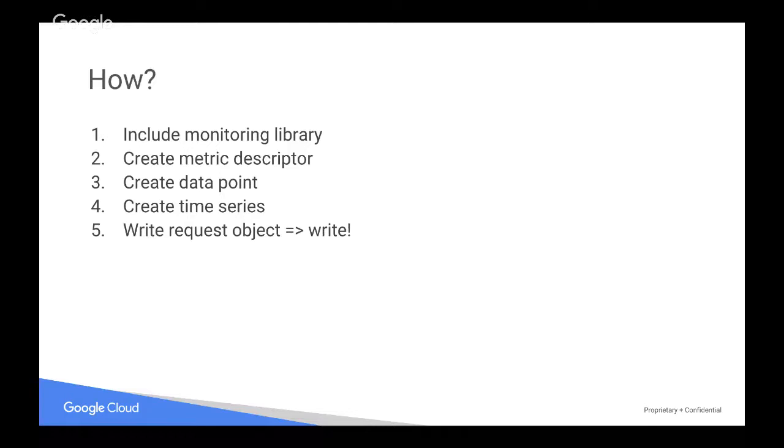All right. So you get your descriptor, you got your actual data point, which is your value and your timestamp. Then you actually create the time series in your descriptor. So this gets a little complicated, and quite honestly, I got a little lost at this point. But basically, the idea is that a single metric can actually have multiple time series in it. So an example of that might be, and I'll take a very basic example,